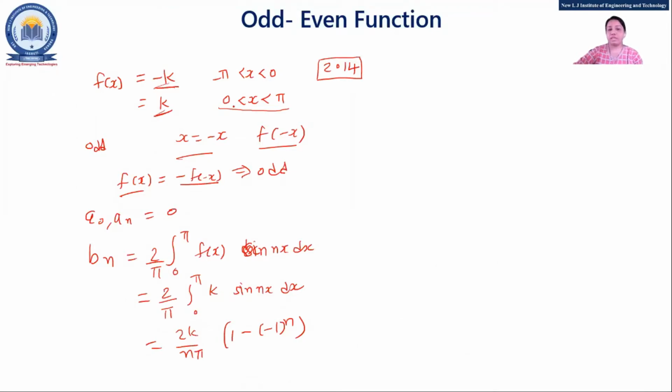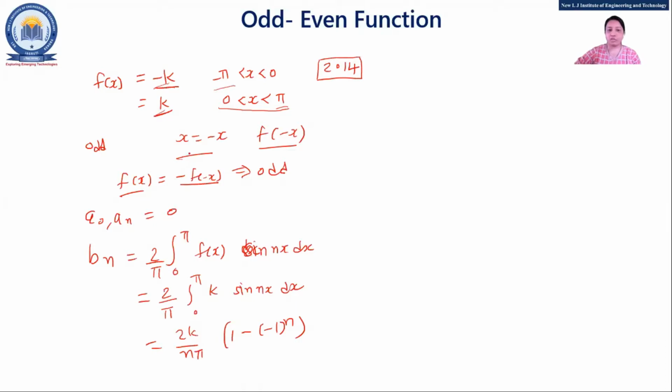And the fun thing is, if you do not find whether the function is odd or even, or you have some confusion, what happens? You can go in the normal way. That means it's not compulsory to find out whether the function is odd or even in minus pi to pi. You can go in the easy or normal way, which we have seen for 0 to 2 pi. Then also your answer will be the same, right?